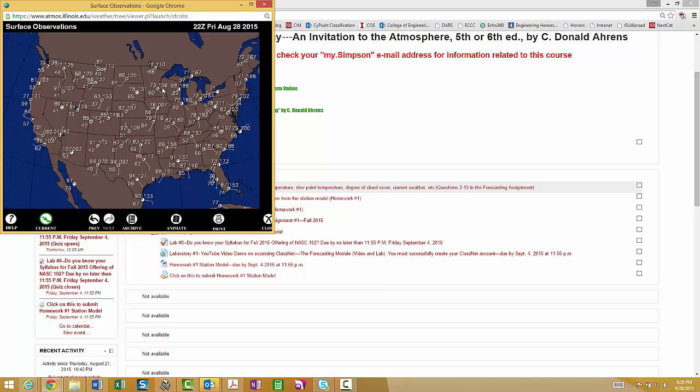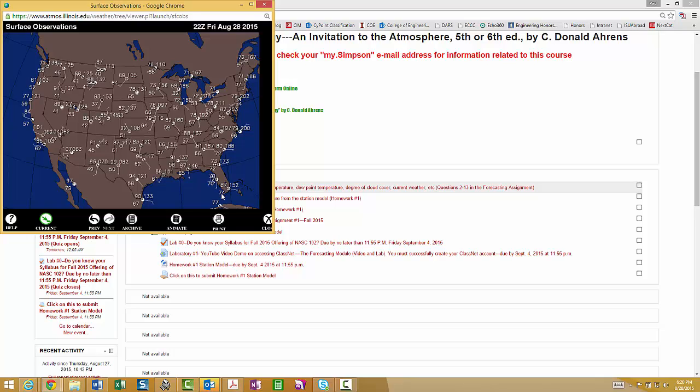Notice that you have shorthand notation. That way we can fit a large amount of the weather information about a particular station on a large weather map here. If I go down to Florida, down here to Miami, I see we have a temperature of 87,